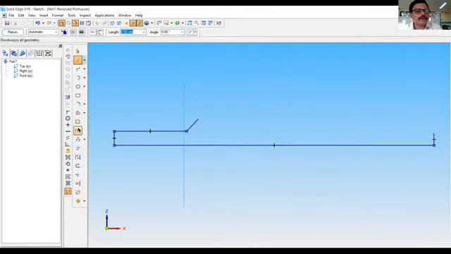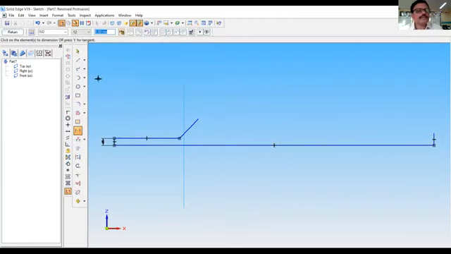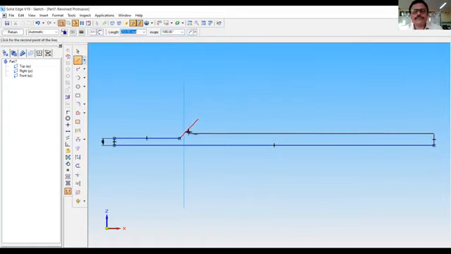And somewhere we have made a mistake here. This is not 12, it is 6 mm. So now it is correct. Now join this. Like this. Now trim the unwanted portions. So all the things are to be dimensioned.